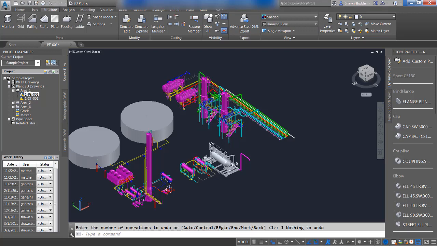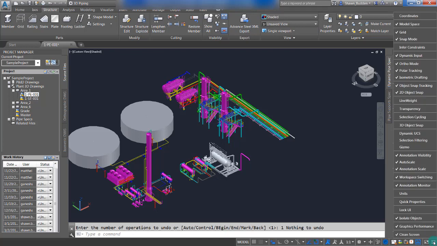Where do we find this workspace switching tool? Well, let's go ahead down here. If you look down at your status bar down here, you'll see a tool. If you hover over a little gear-shaped tool, it says workspace switching. If that's not shown on yours, you may not have it exposed. Go ahead and click on this little customization, little 3 lines on the bottom right. And when you look at customization, make sure that your workspace tool is workspace switching is checked off, and you'll